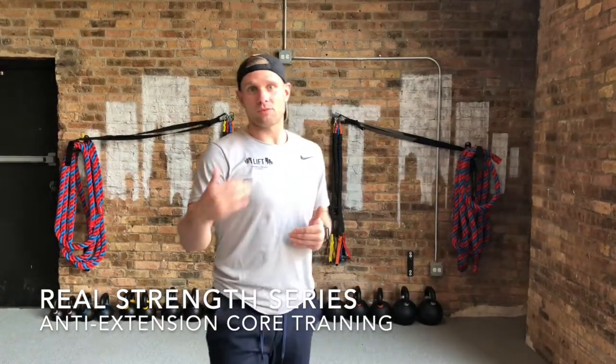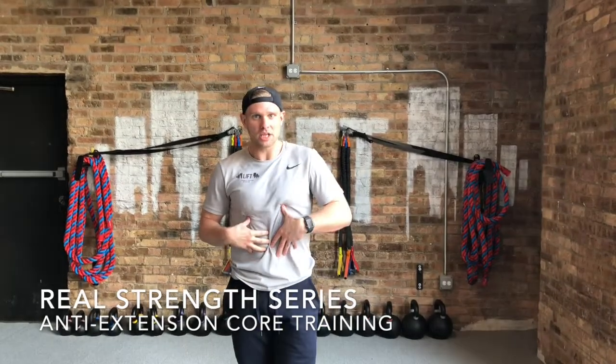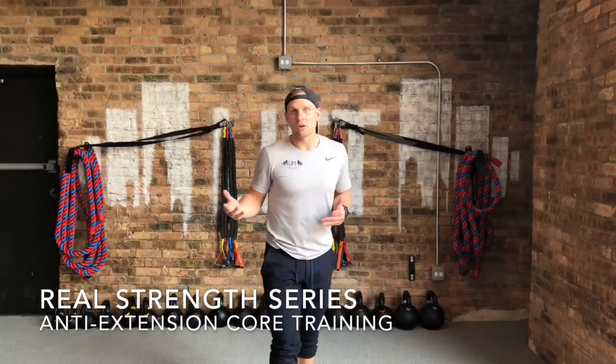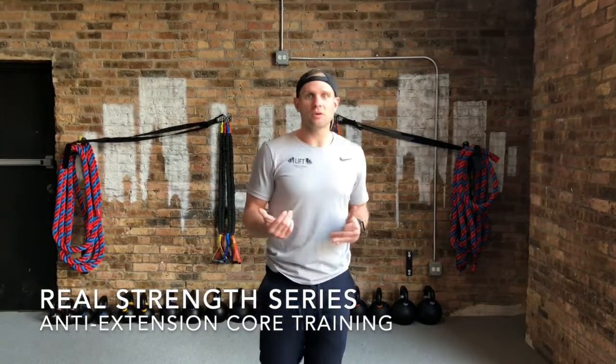So we like to start from the ground up with core training. We want to create stability. Your abs are meant to be stabilizing the body. They're not meant to have much motion to them. So our first, most basic progression is going to be called the Deadbug, all right? We're going to bring Chad on over here, show you guys the demo,